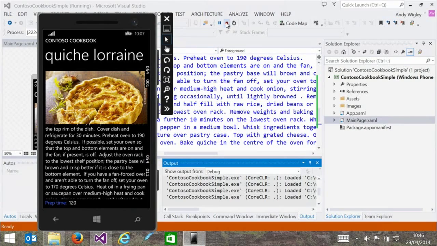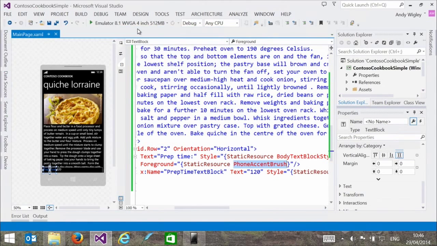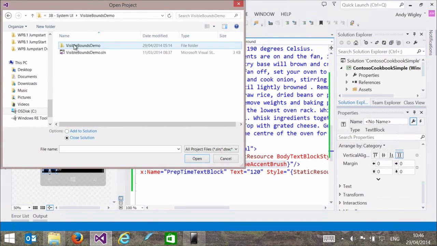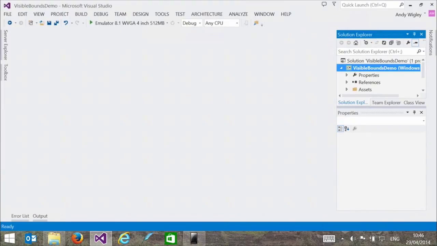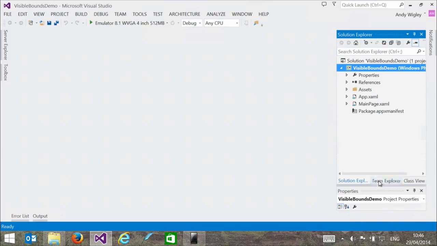So we're still in our Contoso Cookbook. I'm just going to switch to an existing project I've got. This is illustrating this thing. The code in this visible bounds demo is just to show you how that works.